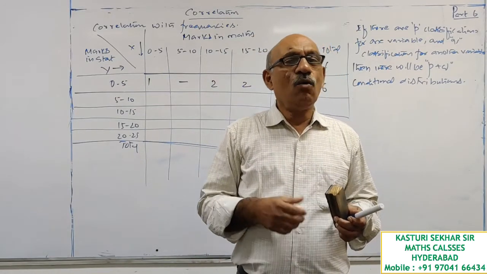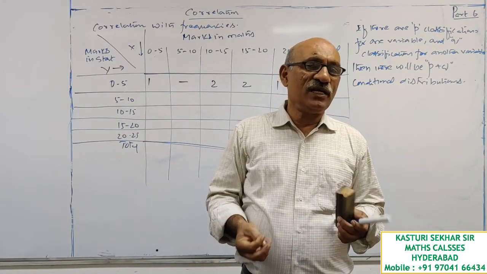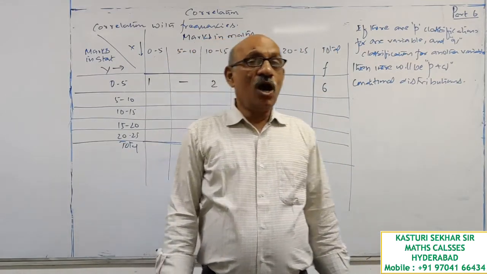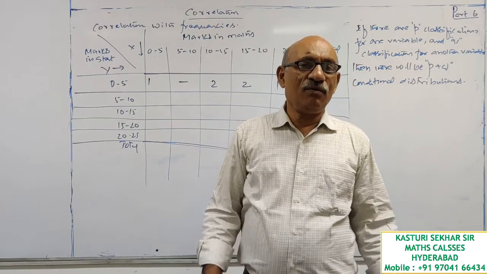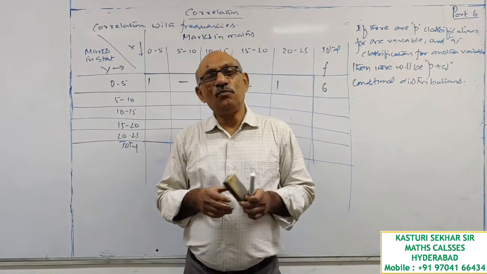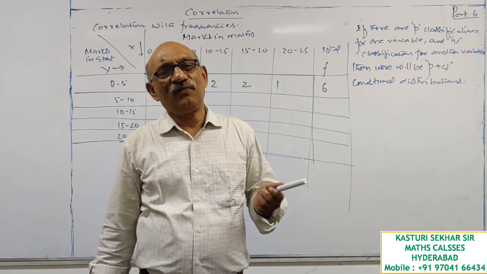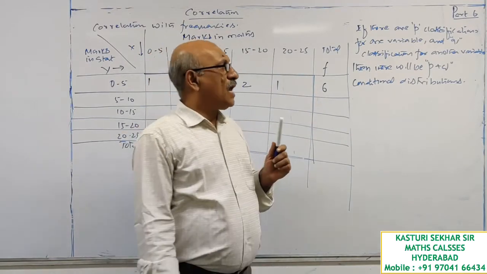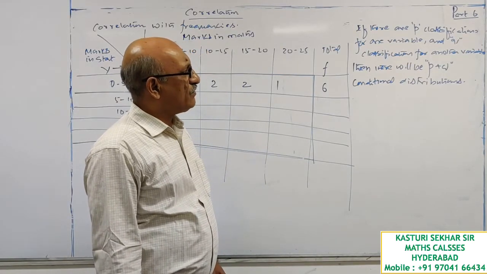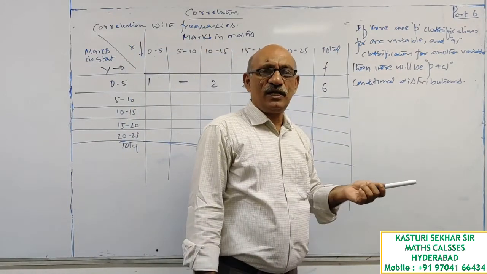Third point, from every frequency distribution, that is bivariate frequency distribution, 2 types of univariate distributions can be obtained. One is marginal distribution, and second one is conditional distribution. So next point which you have to remember is how many marginal distributions we have for a bivariate frequency distribution. There are 2 marginal distributions we can get, one for the variable x and the other for variable y. Last point is, if there are P classifications for one variable and Q classifications for another variable, then there will be P plus Q conditional distributions.